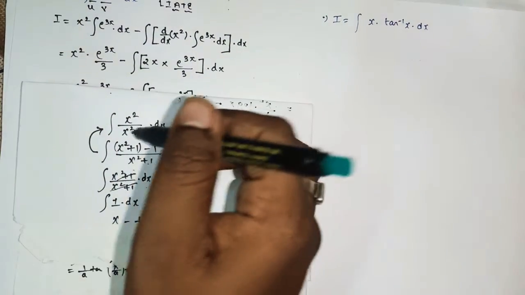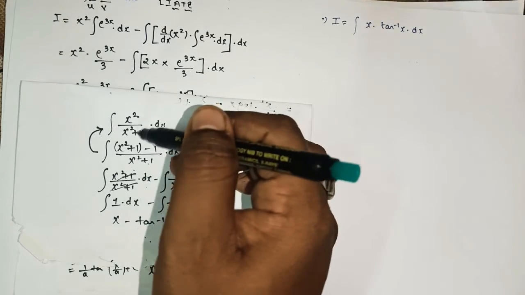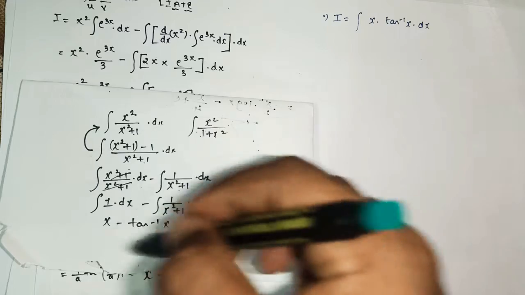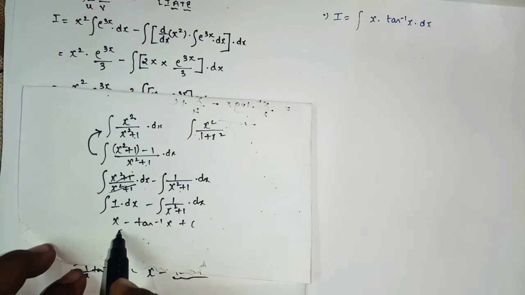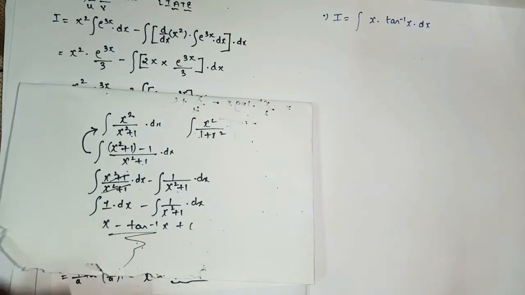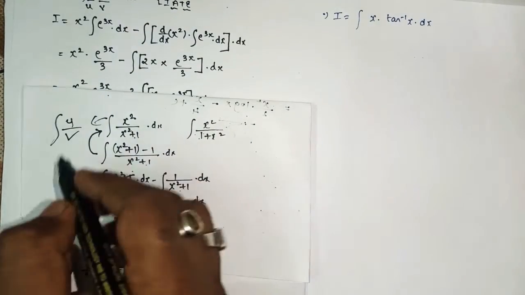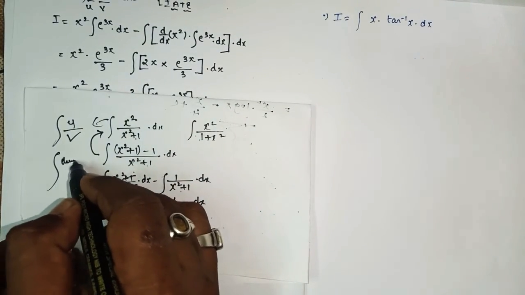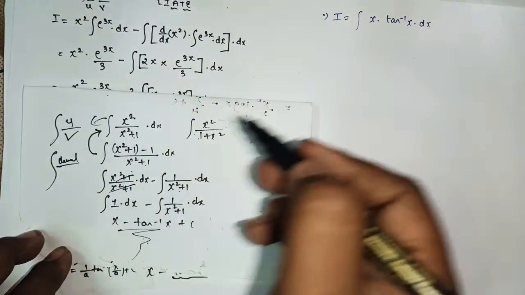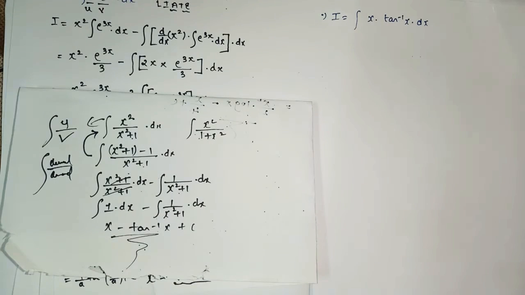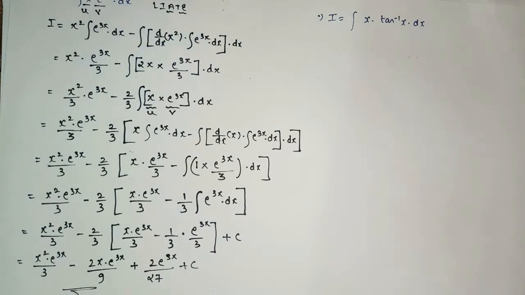So see to that whenever you come across a quadratic upon quadratic form, this is the way you will solve your sum further and you will find your answer for that integration. As we don't have integration of u by v, and we don't have any separate type for quadratic upon quadratic, this is the proper way in which you can find your answer. Understood the method? So let's begin now.